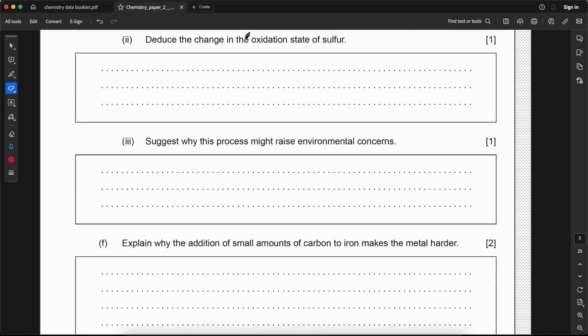Deduce the change in the oxidation state of sulfur. The reaction just now is 4FeS plus 7O2 gives 2Fe2O3 and 4SO2. So this will be -2 because it comes from group 6 and gains 2 electrons, and that would be Fe plus 2 for Fe. And for this one, S will be plus 4. So you can answer